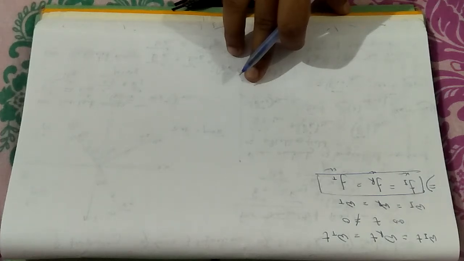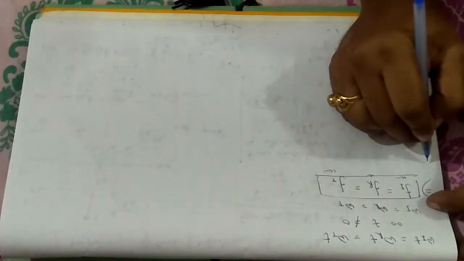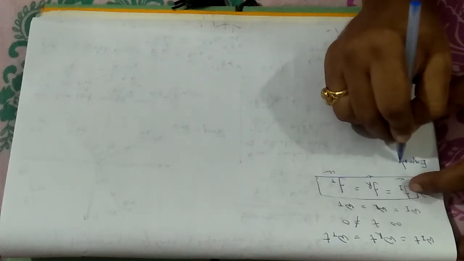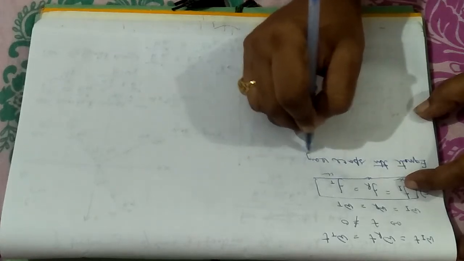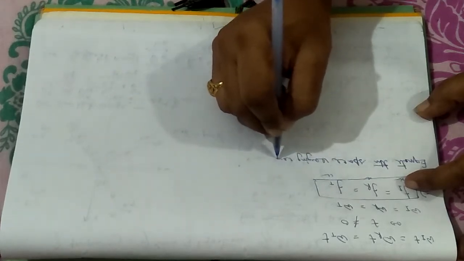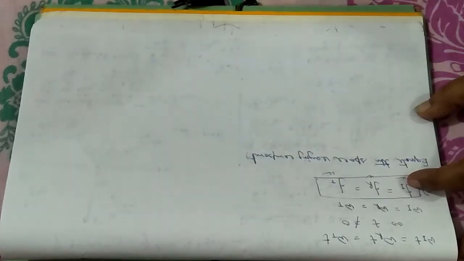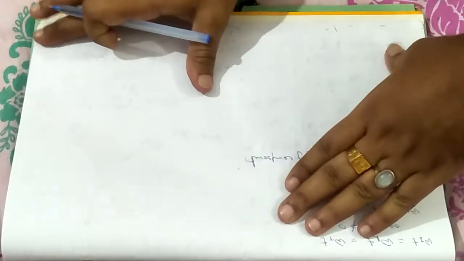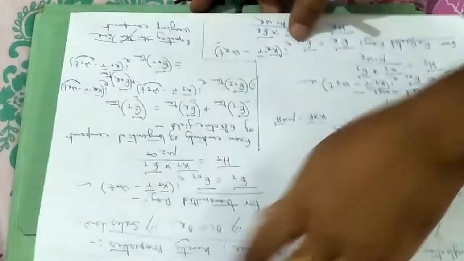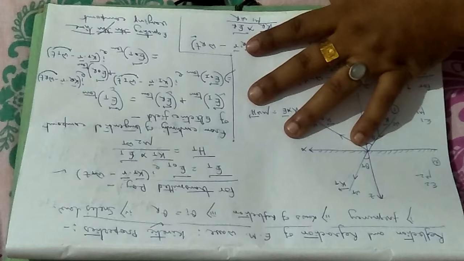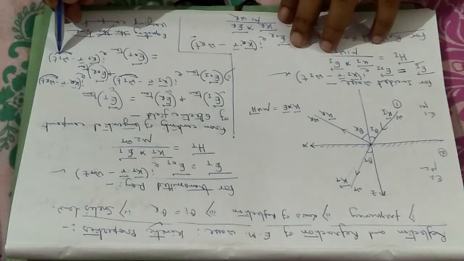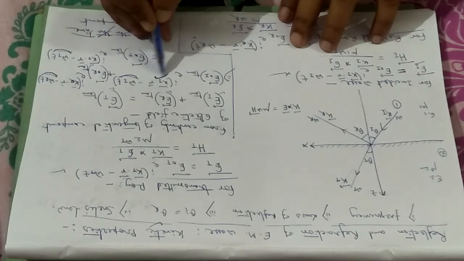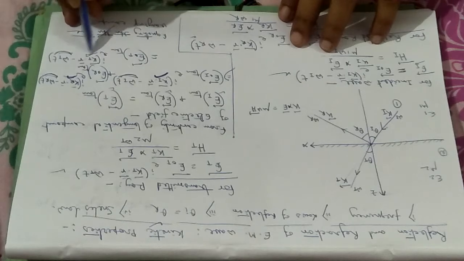Now we will be moving towards equating the space varying component. On the previous equation, now we are trying to equate the space varying component. If I show you the equation again, you can check it out. In the previous equation, as we have written this equation, we have already equated the time varying component. Now we are going to equate the space varying component. This is the space varying component, this is the space varying component, and this is the space varying component.